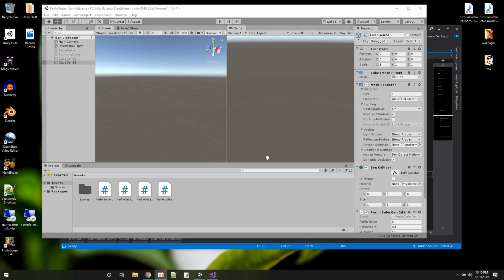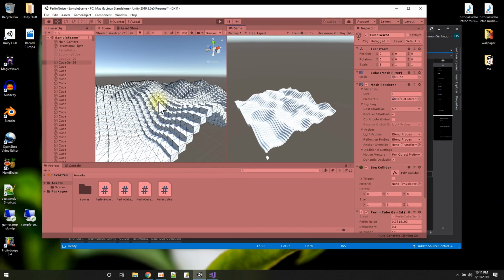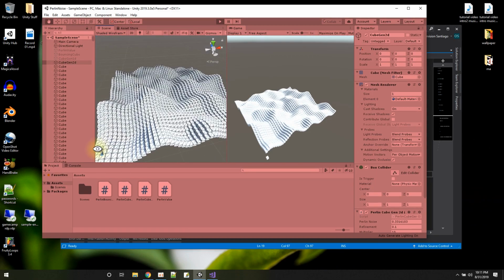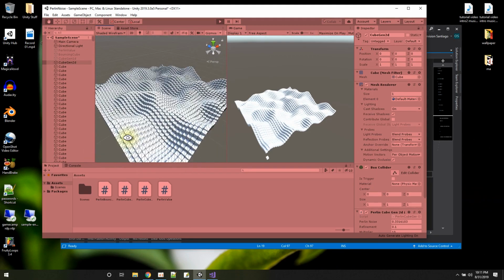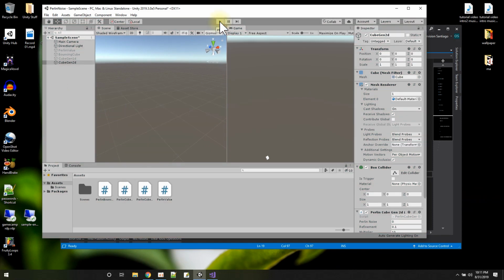Hello, good evening. In tonight's Omar Vision tutorial, we're going to learn about using Perlin Noise to make hills. All right, so what we're going to do at the end of this tutorial is be able to do something like this. Boom, some nice hills in 3D generated by the script. Okay, so to do this, we're going to use something called Perlin Noise. Now I have a couple of game objects here. This last one that I just showed you is our end result to generate some cubes in two directions, the